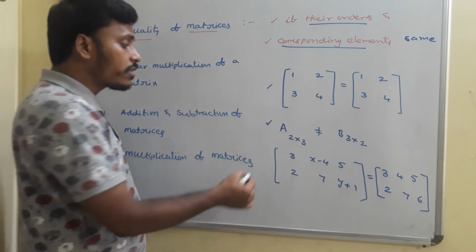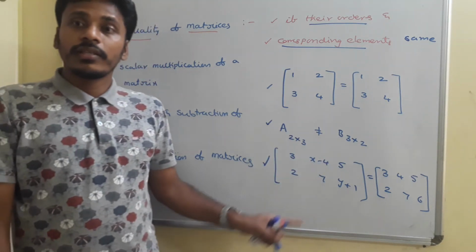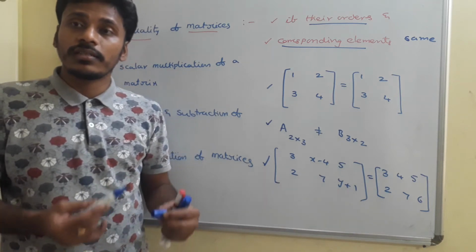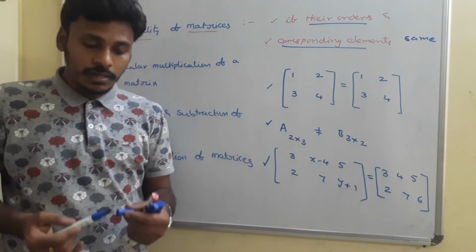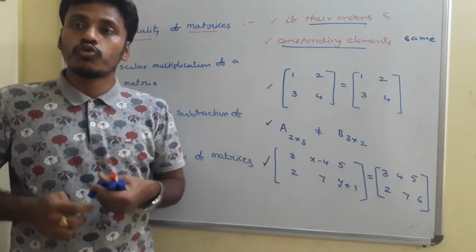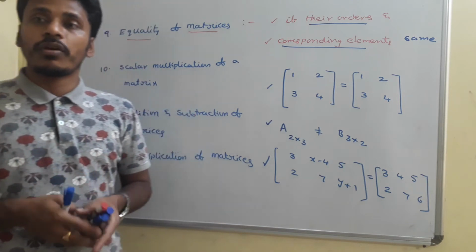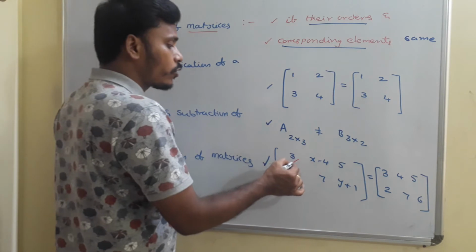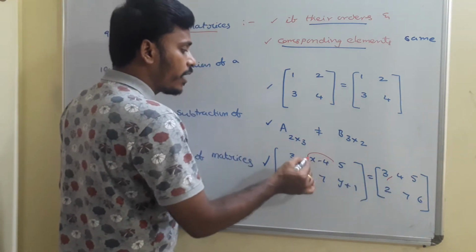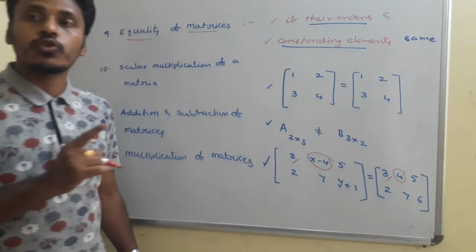If this is given as per the situation, then what are the values of x and y? Since it is given, it is very clear that their orders are the same and an equality sign is used between those two matrices, so we say those two matrices are equal matrices, and since they are equal, their corresponding elements are equal. If you check the corresponding elements, here it is 2 and here it is 2, balanced, and x minus 4 is 4. So if you balance it, you will get x equals 8.